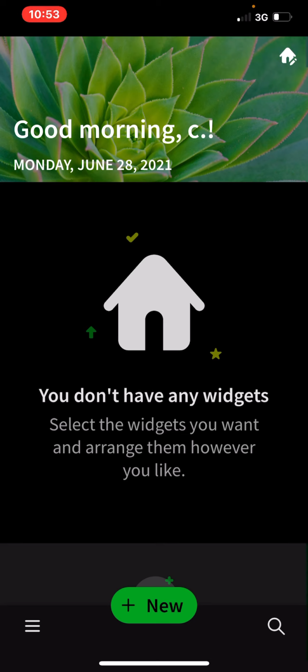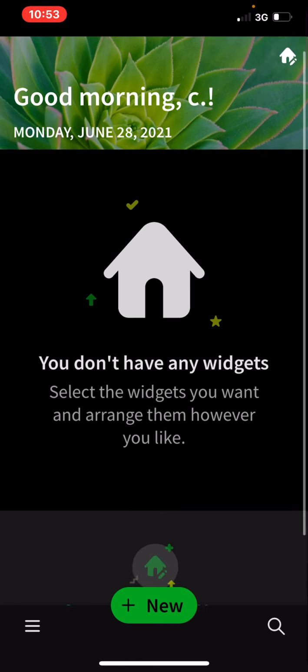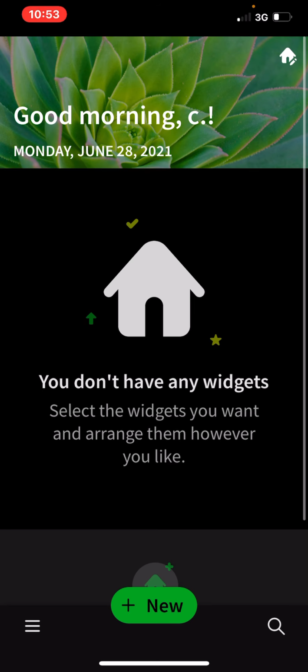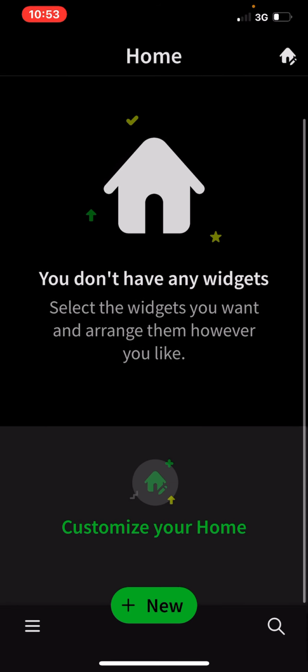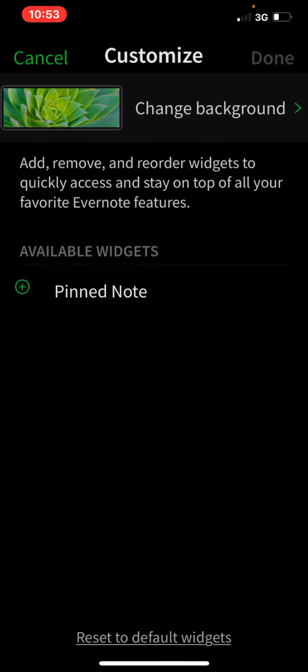Now Evernote is really pretty. I love the cute little things you can configure. However, I'm in Unit 4 and I just studied Unit 4, and there's nothing in this menu here that I can say, hey, go to my last. I can pin a note, I can change the background,